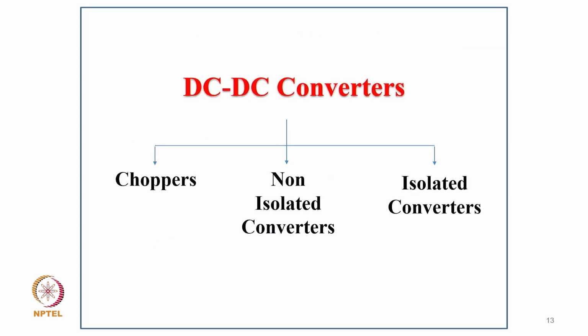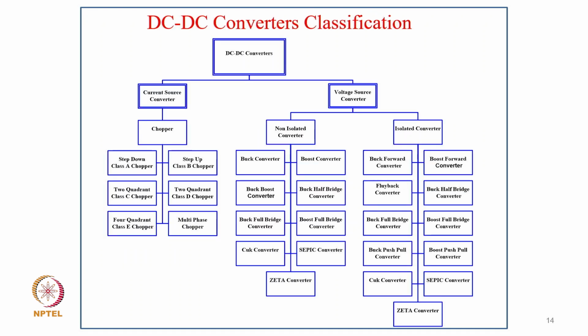Now for this DC-DC converter, we already covered three categories: chopper, non-isolated, and isolated converter. But in these switch mode power supplies, normally we use an isolated DC-DC converter, and this is the broad typical classification of DC-DC converters. Out of this, the last category, the isolated DC-DC converter, is more favored in general. But sometimes we use a non-isolated DC-DC converter for some applications where the voltage ratio is not very large, but where a large voltage ratio or reduction is required and isolation is also very important.